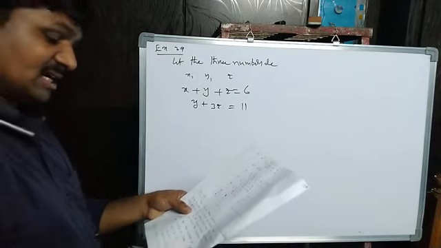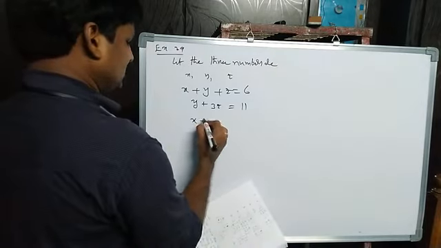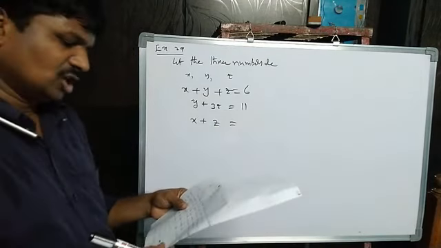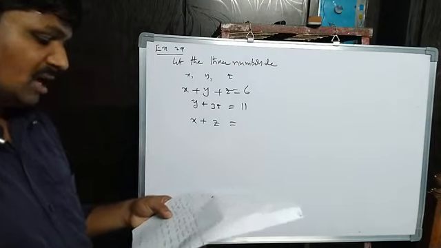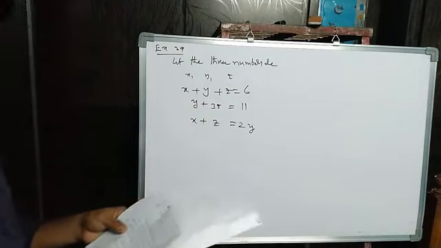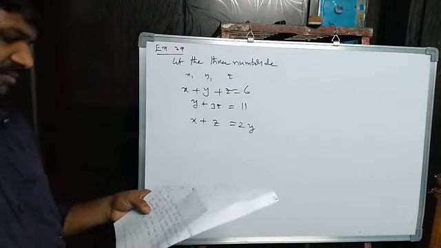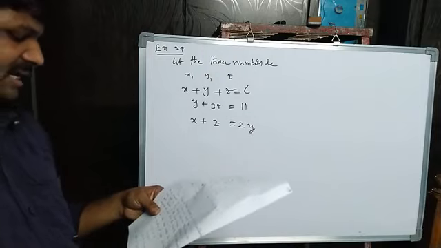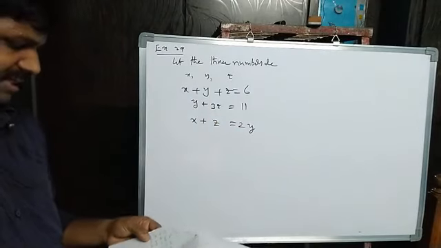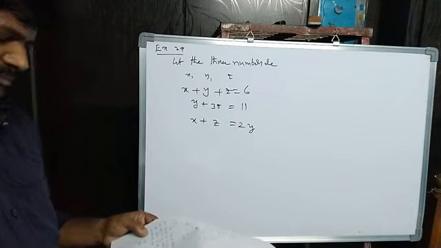Okay, next. By adding first and third numbers, first number x, third number z, we get double of the second number. Double means 2 times the second number, 2y. So 2y you will get. Represent it algebraically. Represent it algebraically means you have to write like this. So we represented them algebraically and now find the numbers.